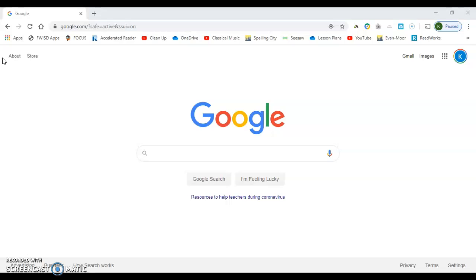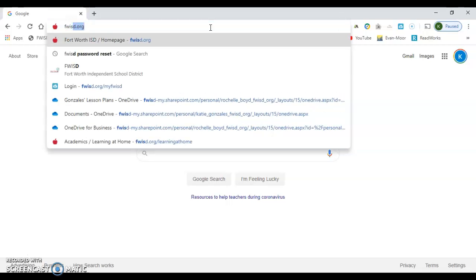I wanted to show everyone how to get to the online learning platform. Okay, so we're going to start by going up to the web address that's up here. We're going to highlight and delete. We're going to enter in fwisd.org